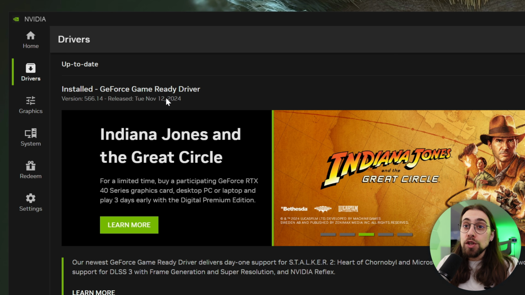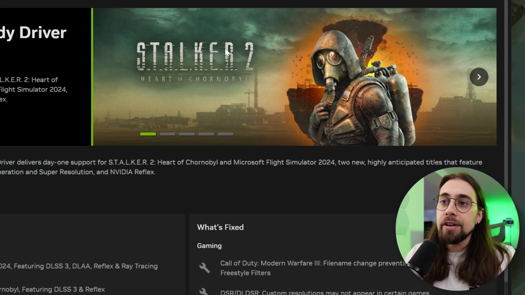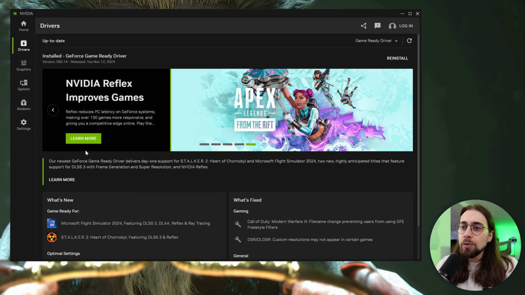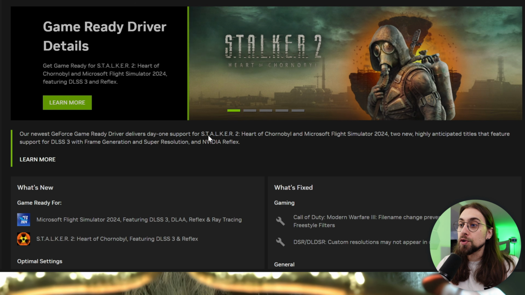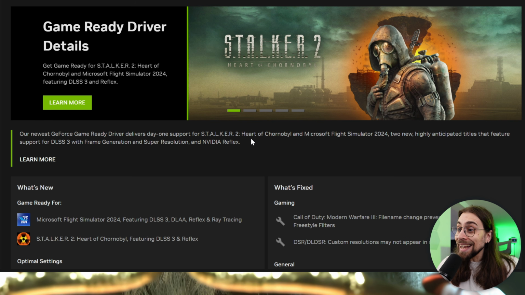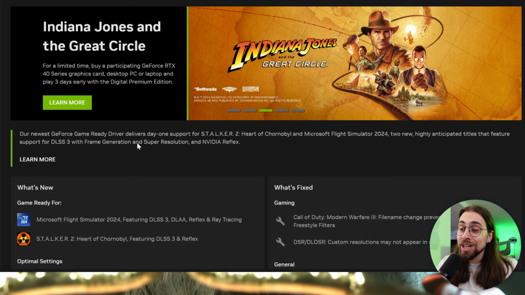You have the option to reinstall it if you want to, and we have other ads like Stalker 2 and so on. And then at the bottom: our newest GeForce Game Ready driver delivers day one support for Stalker 2, Heart of Chernobyl, and Microsoft Flight Simulator 2024, two new, highly anticipated titles that feature support for DLSS 3 with frame generation and super resolution, and